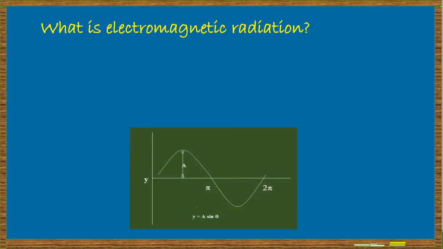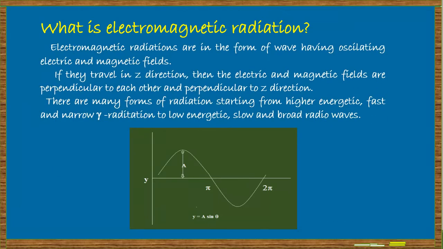Then what is electromagnetic radiation? It is very important in the spectroscopic technique. The electromagnetic radiations are in the form of waves having oscillating electric and magnetic fields. If the electromagnetic radiation travels in the z direction, then the electric and magnetic components are perpendicular to each other and perpendicular to the direction of the